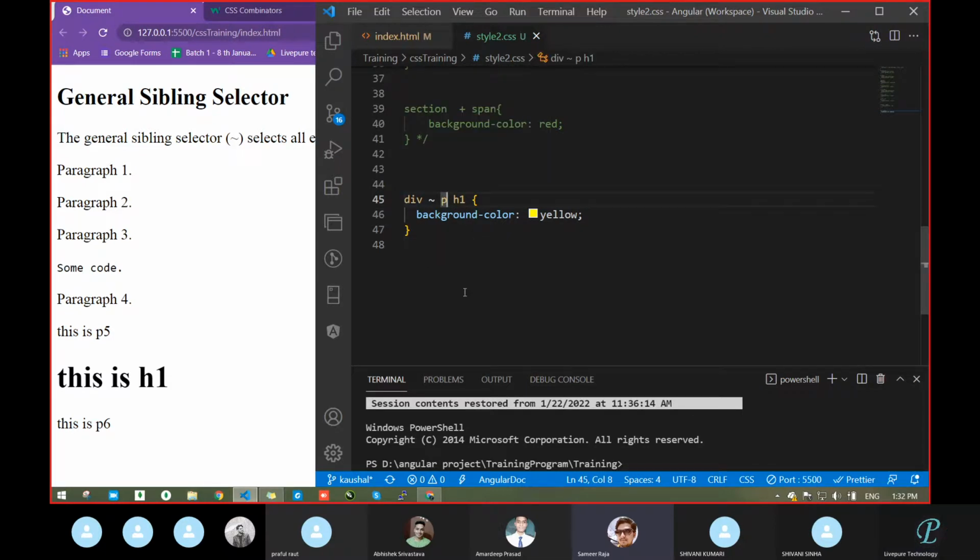Descendant is not working, but simple selector is working. Because on the structure, first div and then P it is searching, then it is searching for H1 like that. Sir, it is ignoring. All selectors will work on a div, not on elements. No, it will work everywhere.